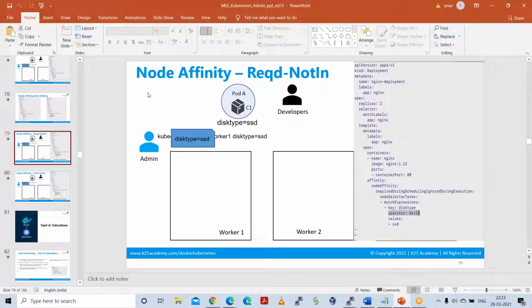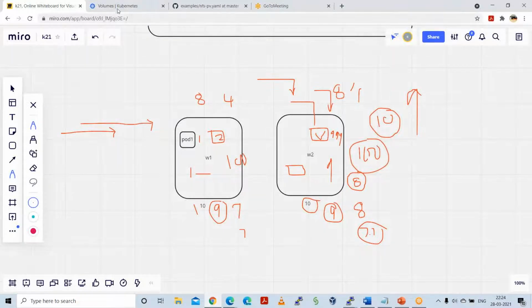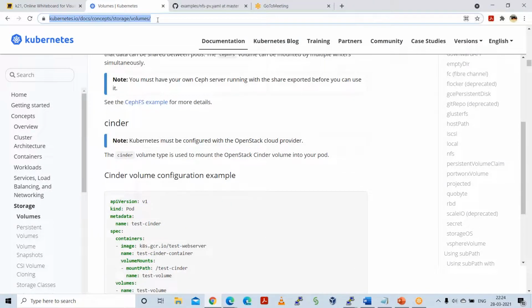Okay, so the basic reason for node affinity is that if you want to deploy an application which has specific hardware needs, that is when node affinity is used. There is a purpose for that. And if you want to know more about it, you can just type here